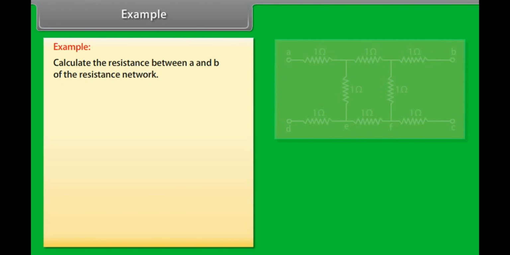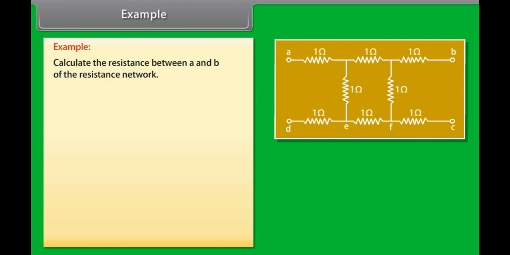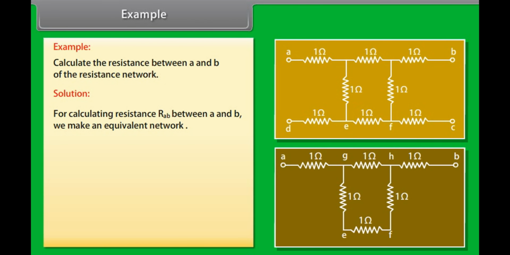Example. Let's take an example on combination of resistors. Calculate the resistance between A and B of the resistance network shown in the given figure. Let's see the solution. For calculating resistance RAB between A and B, we make an equivalent network shown in the figure. Now we calculate the resistance of arm